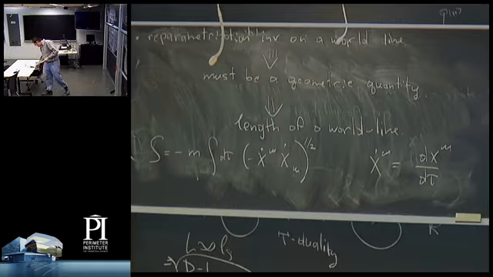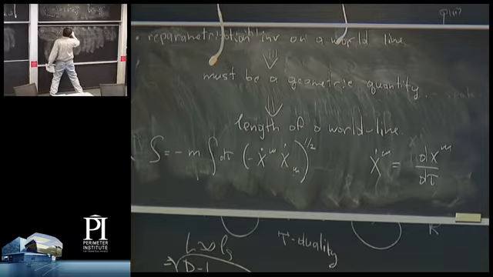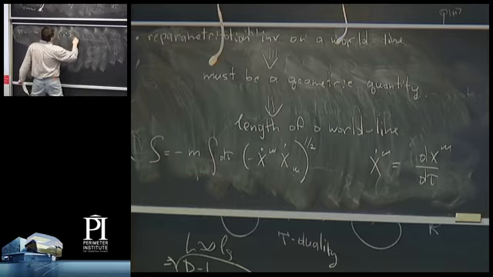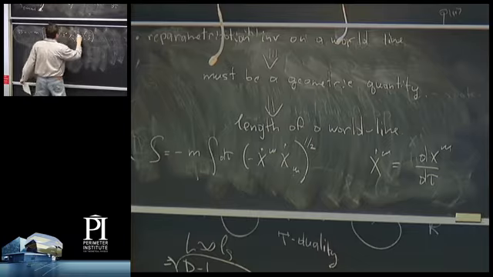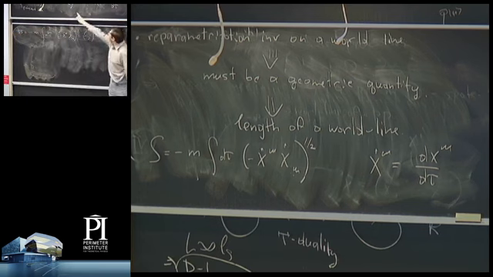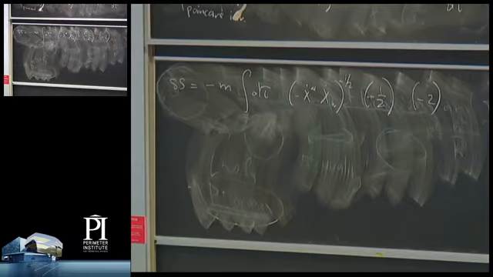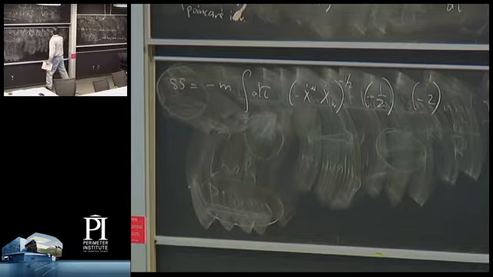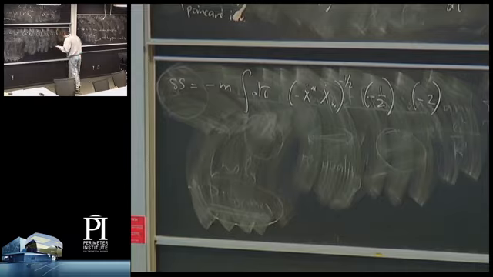So let's go ahead and discuss variation. Then I have delta S, the variation, so it's equal to minus m integral d tau. I need to vary with respect to delta x. So I have minus x dot mu, minus 1/2. Sorry, I have plus 1/2. And then I vary the square root, and then I need to vary the stuff inside. There will be a factor of 2, because I have 2 x dot, and then I will have the variation of